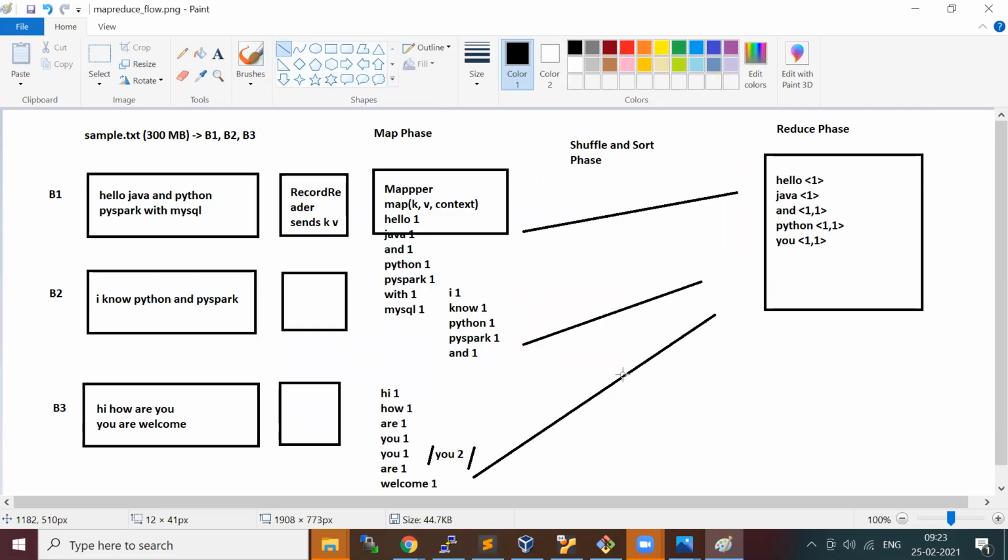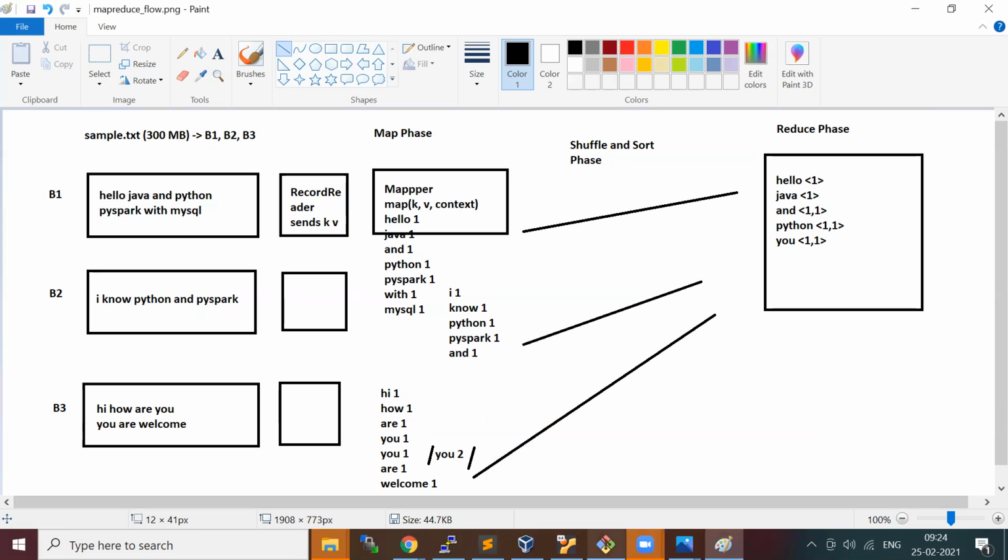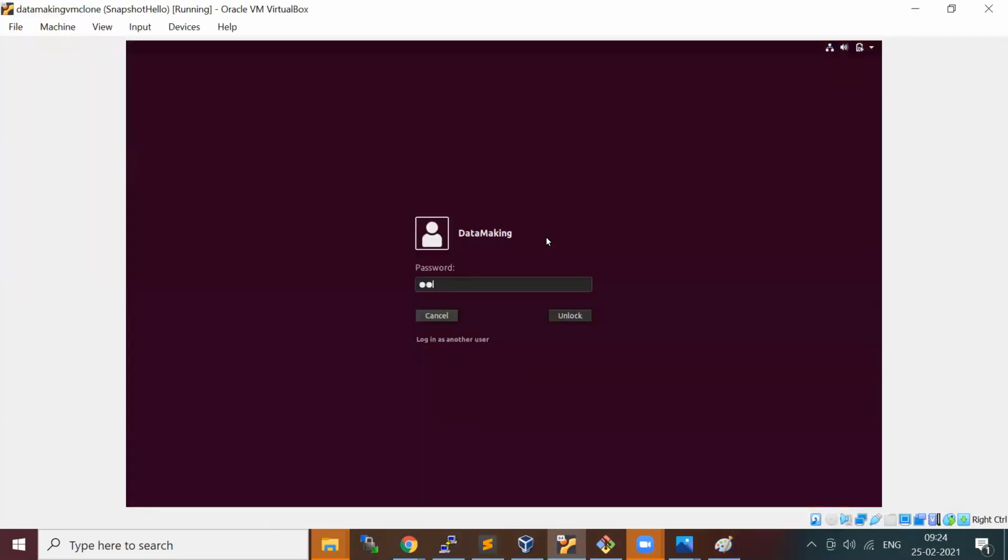Okay, so you understood, right? Why do we use a combiner? To avoid a large number of same key value pairs moving from the same mapper to the reducer. When you process a huge amount of data, it makes sense to do that. That's the one I am going to talk about in this example.